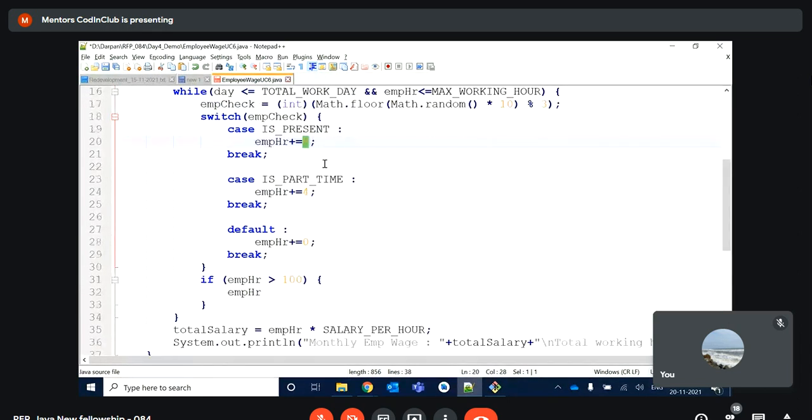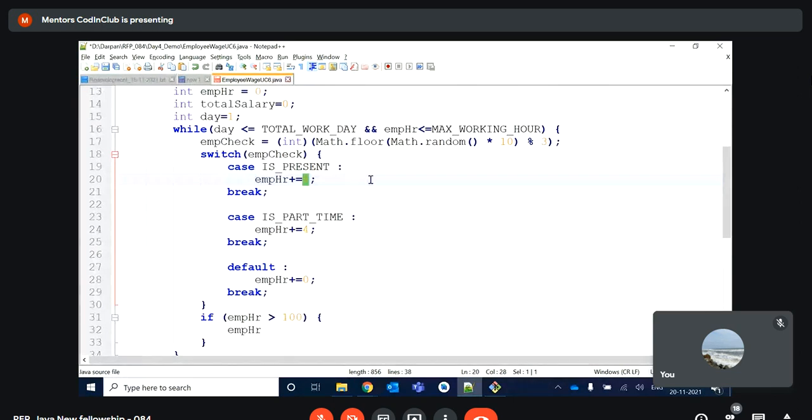Other than this scenario, it could be 98 also or 96 also. But other values like 95, 94 will not come, because 94 is not divisible by 4 or 8.